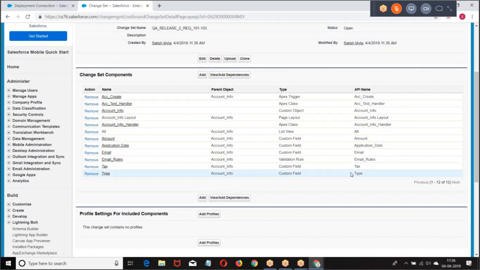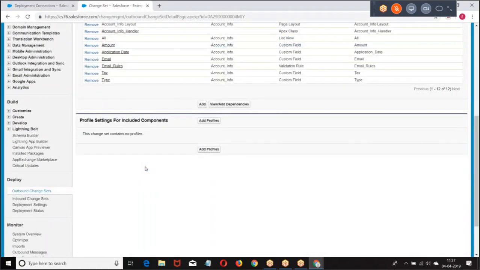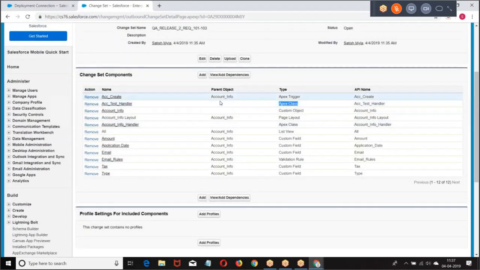So here, look at this, we had the trigger, test class, one more class, info handler. Now all the things are added. Whatever I want to deploy, I have added here. What cannot be added here? Profile and user cannot be added here. What can you not deploy from sandbox to production? Profiles and users. They should be created directly in production. But if you are making changes on an existing profile, then we can add profiles. This is how we are creating it.